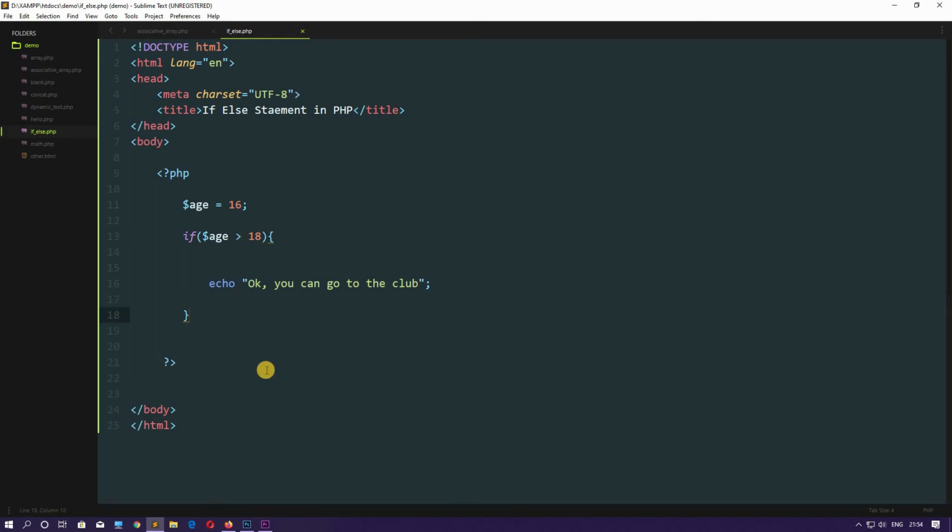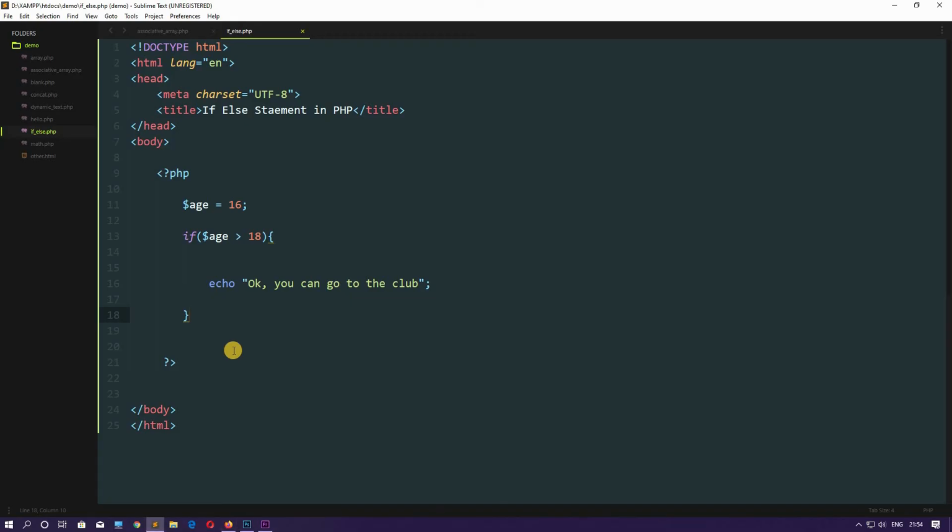So we don't want the user to see a blank page. Rather, we want to have a backup. If the condition is false, then we can use that backup to tell the user something, that something is not right or something is wrong. So the backup is the else statement, and in here we will write not the condition, but the statement which we want to execute upon fulfilling the condition, or not fulfilling the condition.